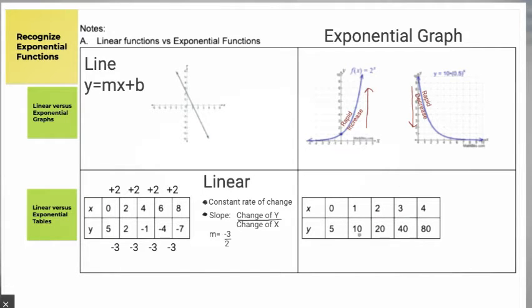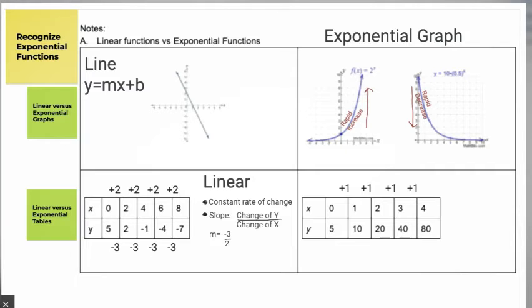Now let's look at an exponential graph, or a table that we don't know what it is yet. So we look at how the x's are changing and how the y's are changing. X's are clearly going up by 1, but then we check how the y's are changing. You might suspect that it's going up by 5. 5 to 10 is plus 5. Well, then I would expect that to be constant, like before, constant rate of change. So up 5 again would be 15, but that doesn't match what I see,